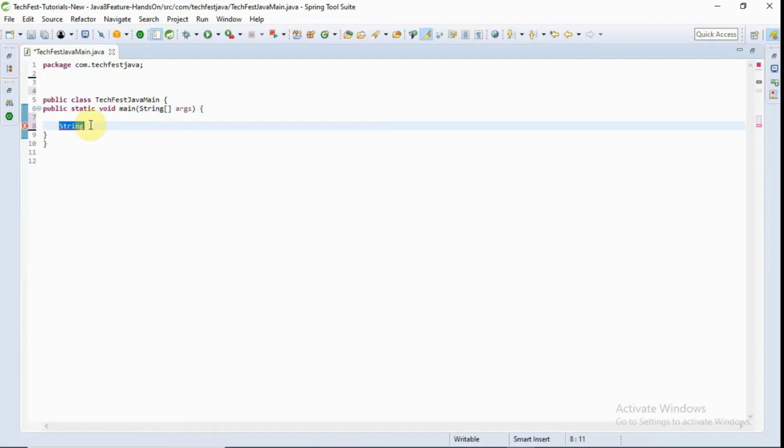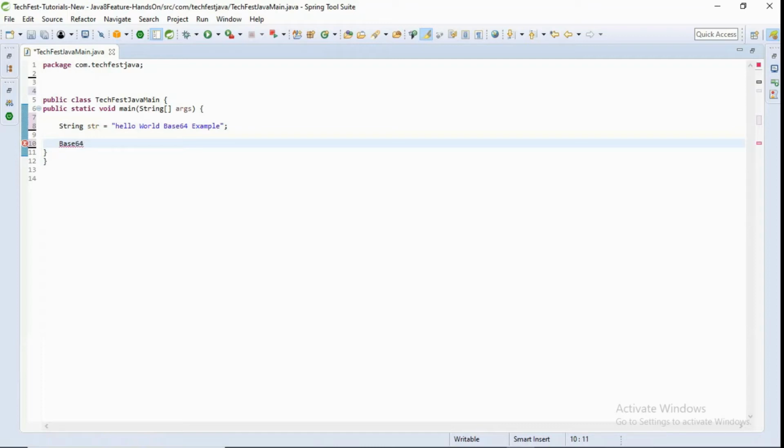So for demonstrating the Base64 use, suppose we are taking a string, Hello Base example. I have taken a simple string, and to encode this I am using Base64,